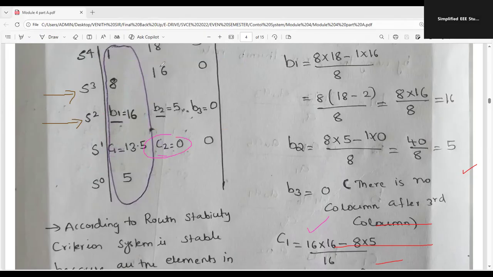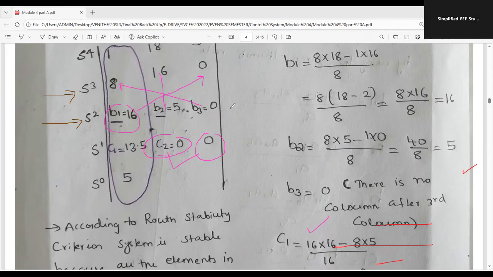So as per the procedure, the corresponding column you have to delete. I deleted this column. Now what you can do, 16 into 0. What is 16 into 0? 0 only. 0 into 8 is nothing but 0 divided by 16. Ultimately, what is the value of C2? It is 0 only. Similarly, this element will be 0